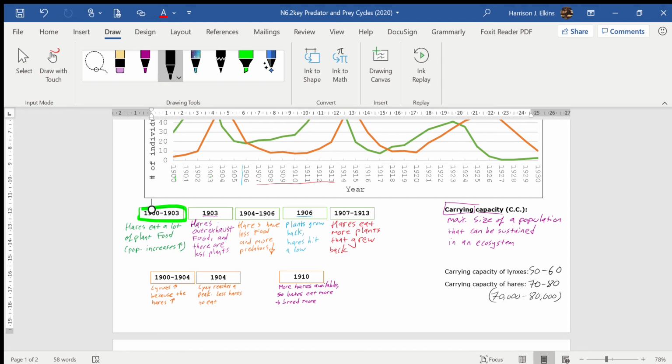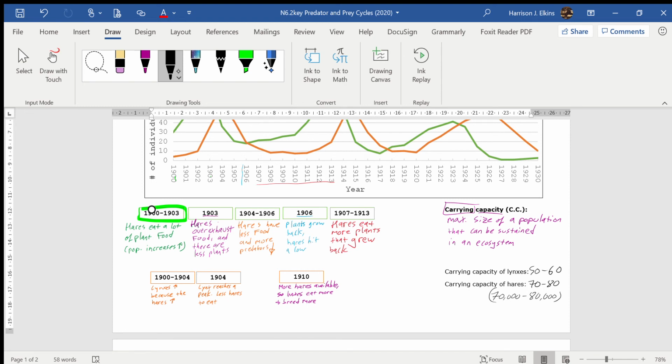What do you notice about those carrying capacities? The hares are larger, right? So you have more prey and less predators. And that's kind of what we learned about in note 6.1. Each of those predators is going to need multiple hares to sustain itself. And each of those hares are going to need multiple plants to sustain themselves. So if we were to look at the biomass